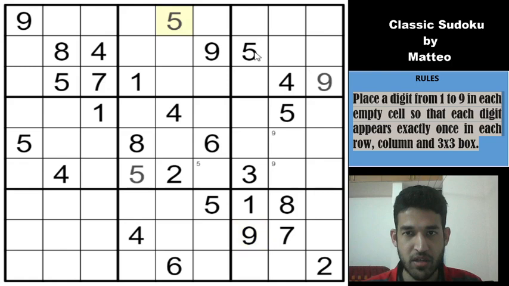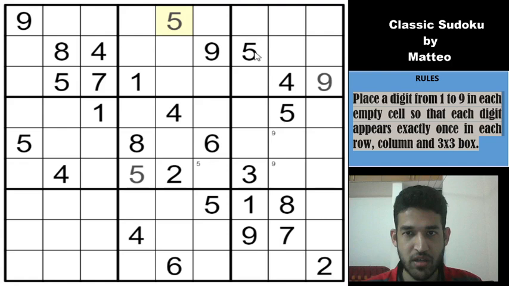So this box looks almost filled, so let us write some candidates. You have a 6 in row 9, which means that I get the 6 here, and the remaining digits are 3 and 4, so I'll pencil mark them. And there is a 4 in column 8, which means that I will get the 4 here and the 3 here. So a smooth start to the Sudoku.